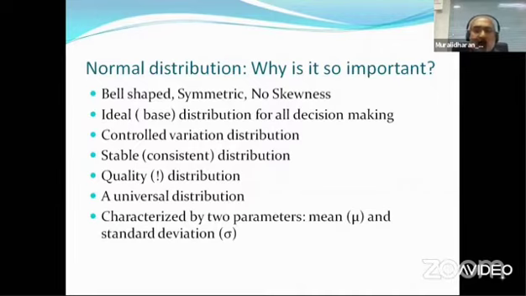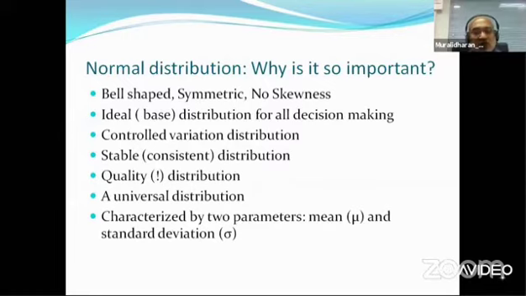It's considered to be a stable distribution. Some people say it's a stable distribution. Stable, don't confuse with the stable. There is a family of distributions; stable distribution is a family. Here I mean consistent distribution. So we want a consistent distribution. Normal is the one. It's also considered to be a